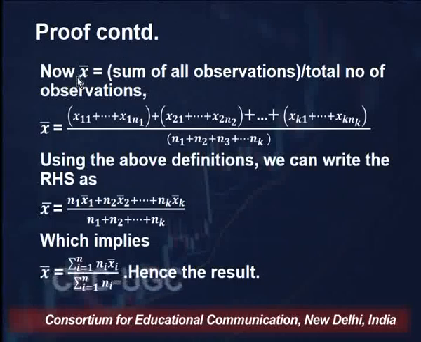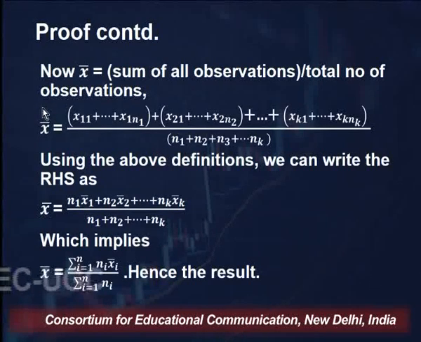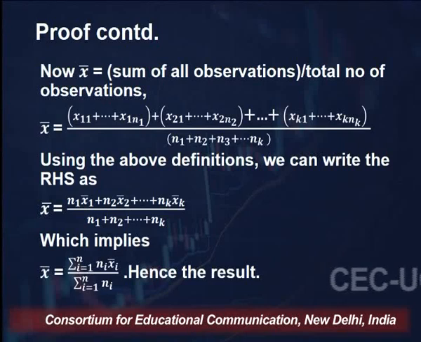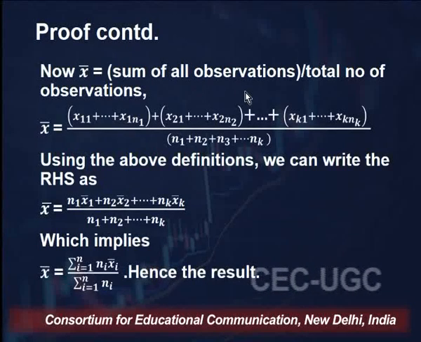Once I have used the definition, I have to go on to obtaining x bar. Now what will be the x bar? X bar is the mean of the combined series. That means I will put all the observations into one data. I will combine all the observations, and now I have only one series. So we are looking at the combined series. The combined series will have how many observations? It will have observations starting from x11 till